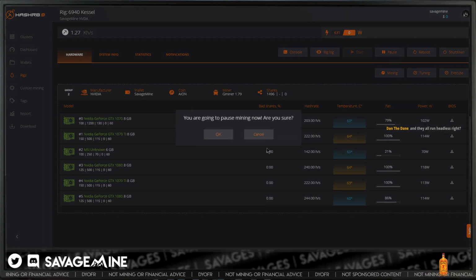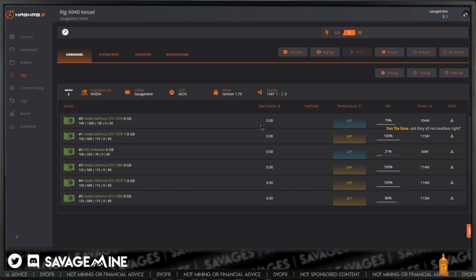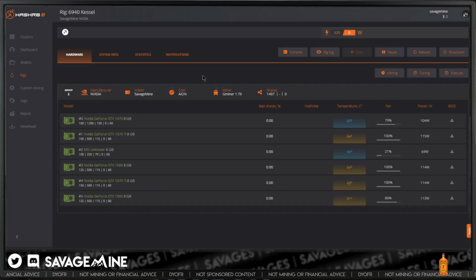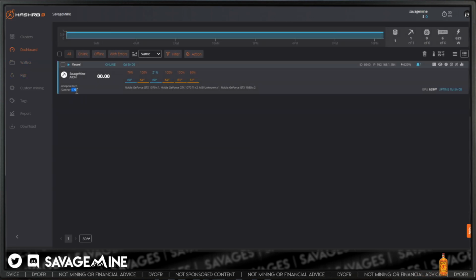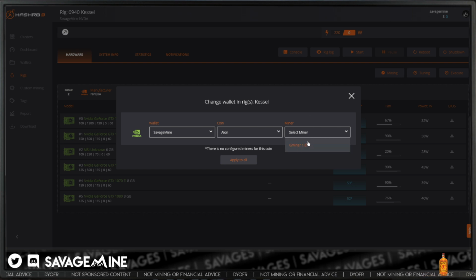I'm going to pause this. I want to pause the mining, and then I want to go to mining. Yeah, here we go. So see how it doesn't have the miner in there? I guess maybe it was updated and then it was on, because what it was showing back here was 179, but you saw in the config it was like 182, right? But then I changed it to 183. So you have to go to the rig and then go to mining, and then set it to whatever miner you have selected in the wallet, right?